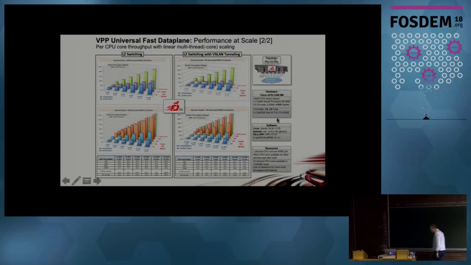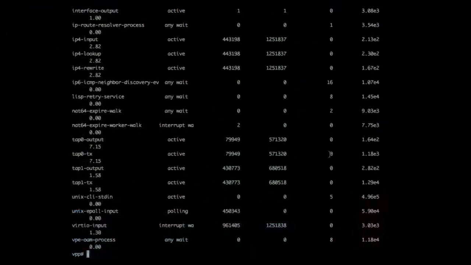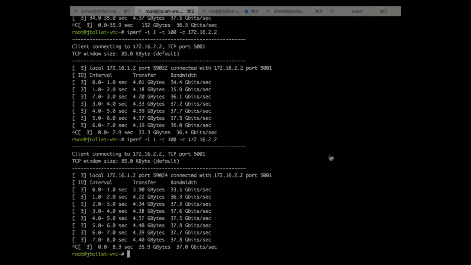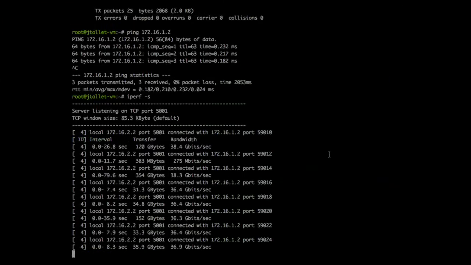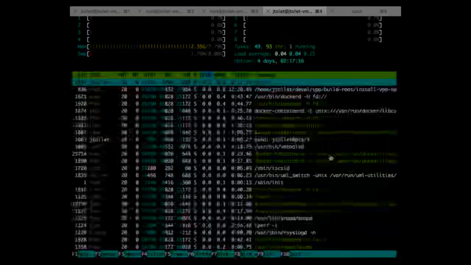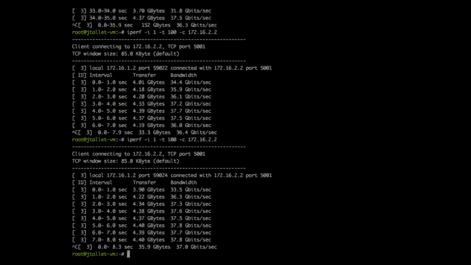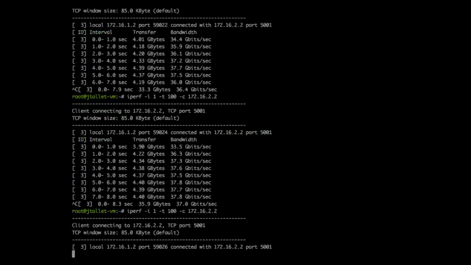And now it's enough talking. And forgive me if that doesn't work, because I just did this demo before. Here it is. So what I did here is I have 2 containers with an IPv4 address each. And I put VPP to connect those 2 guys, and I will run an iPerf client and an iPerf server between them, right? So please help me pray to the gods of demo. We'll see whether that will work. Okay.